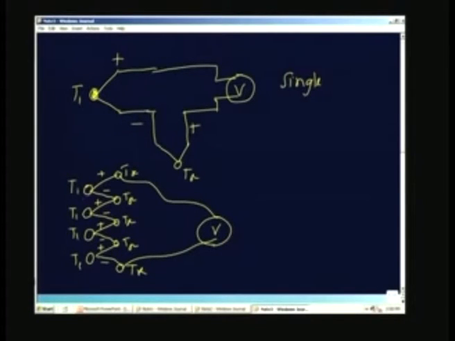So, I have got here 4 junctions at the same temperature, and 3 junctions plus these 2 junctions, because this entire thing is at a uniform temperature, and because this is made of a thermal material, if you use the law of intermediate materials, you can see that this junction and this junction together is like one junction. So, I have here 4 hot junctions and 4 cold junctions, all in series. That means that I am going to get the output. If this is V, this will be 4 times V is the output.